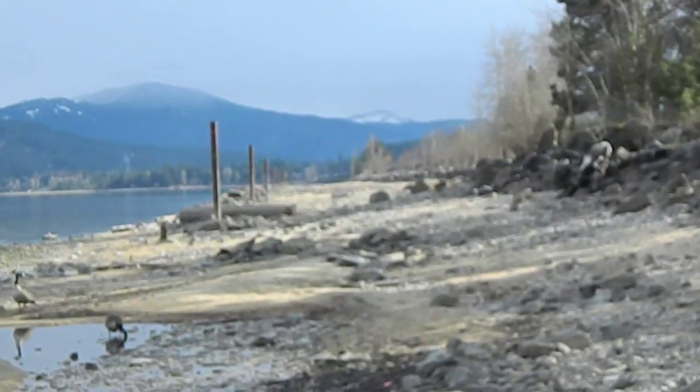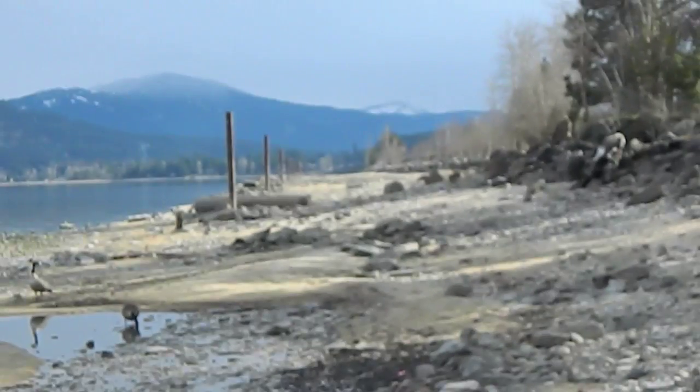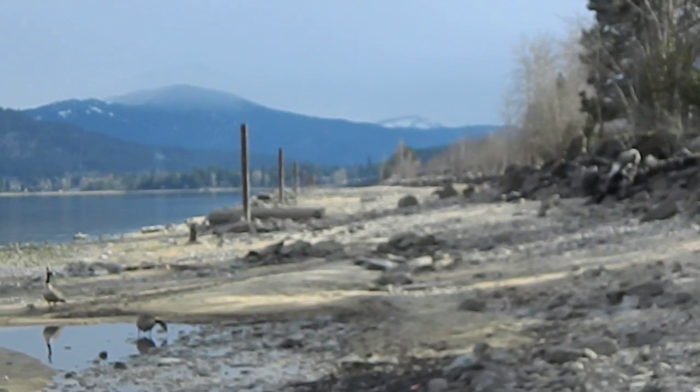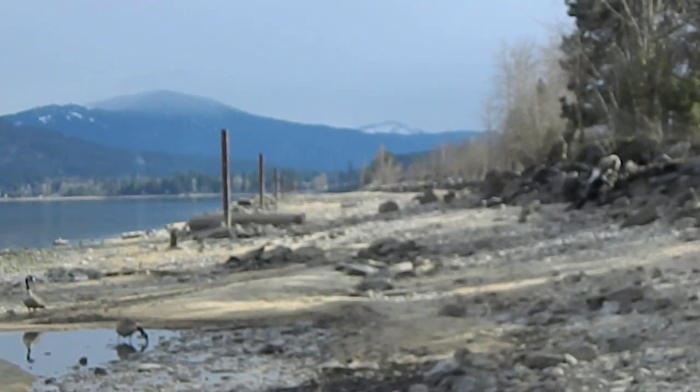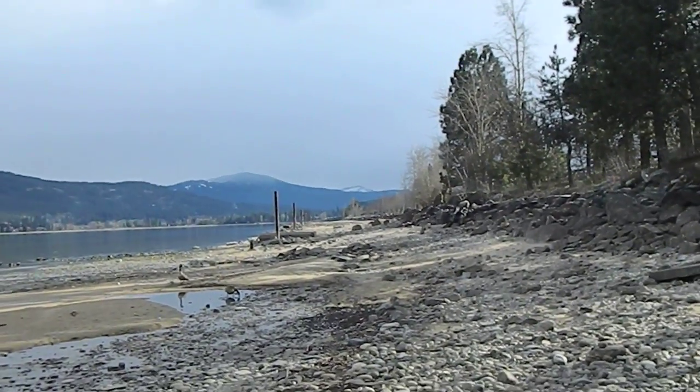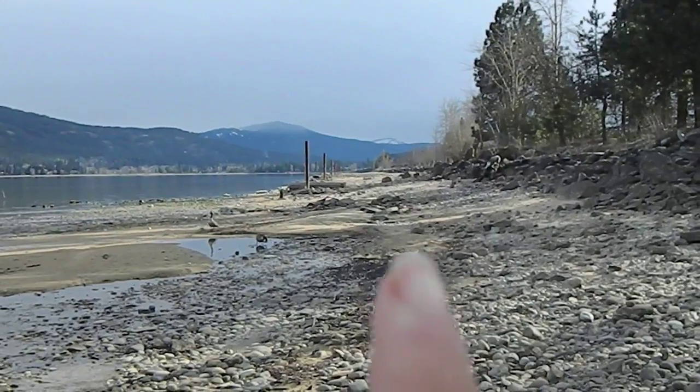if the camera will focus, which it doesn't seem to want to do. No, it's gonna be a pain about it. Come on. You can focus, I know you can. So it manages to focus halfway in between the zoom. Oh well. But you can probably still see it, well, with all the flashes of light, but right there